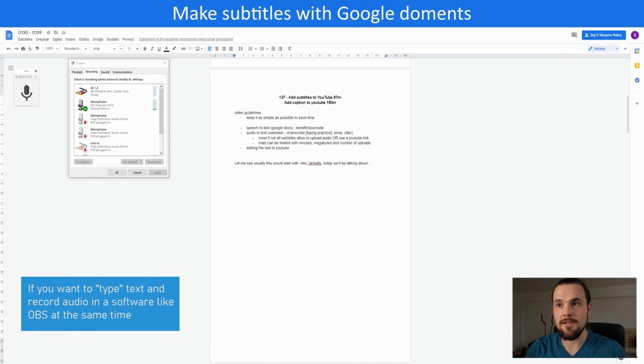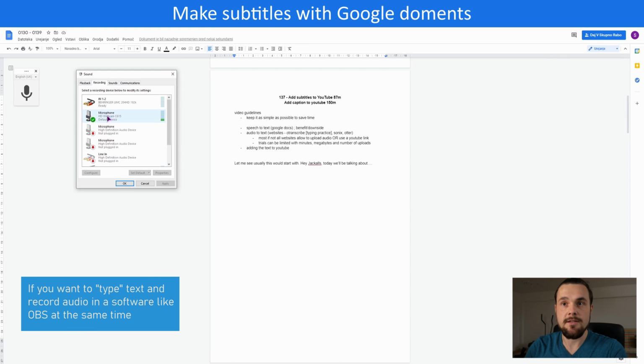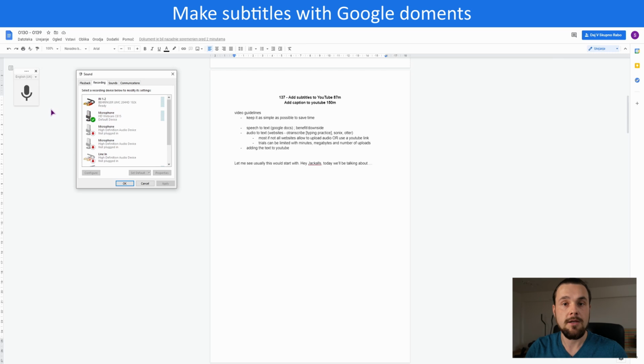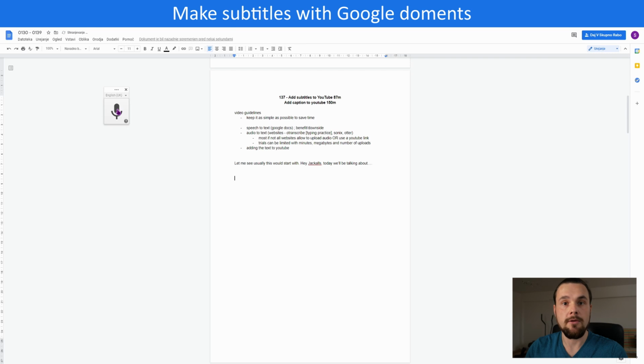So let's just test this out. And why did I set the microphone as a default device? Because the web browser uses the default microphone as an input. So now I can enable the voice input. I'll bring the webcam microphone closer to me so that it can detect it easily. If I put it like an arm's length away, I would have to speak loud and clearly, which I'm obviously not. And Google Docs will be able to pick up the sound and type in automatically.